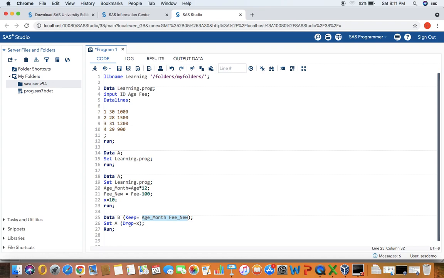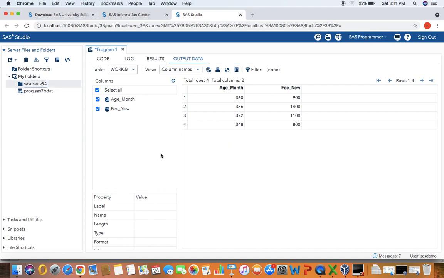And in the set statement I have already said drop X. So in my B, what will I have? I will just have these two columns. Let's run it and see. So this is my B, this is called work.b, and I only have two columns, that is age underscore month and fee underscore new. That's all.